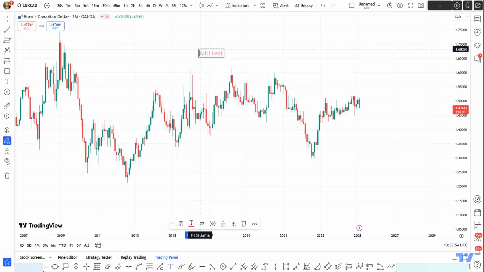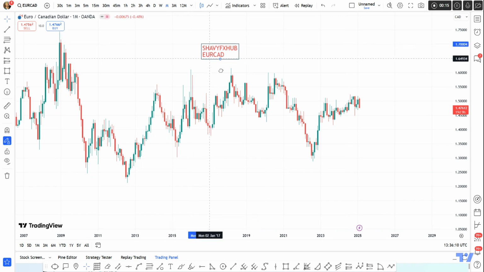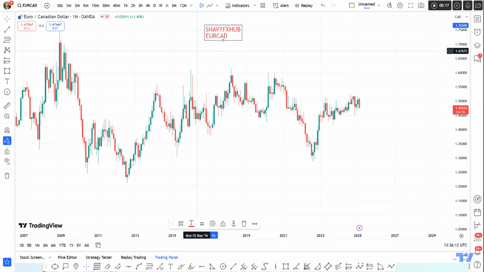First up, let's look at Eurocad. And we chose monthly time frame because we want to be in the know. We need a clear directional bias, and it gives us a raw picture of the market over an extended period of time. And we're looking out to